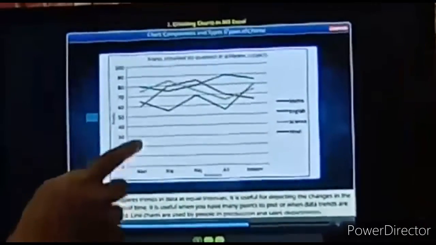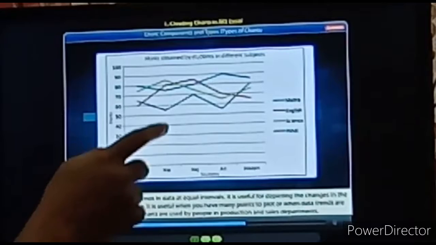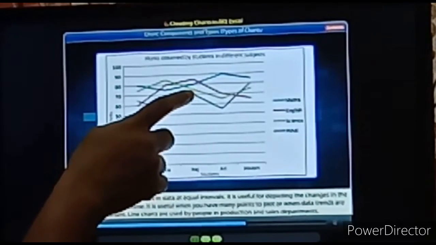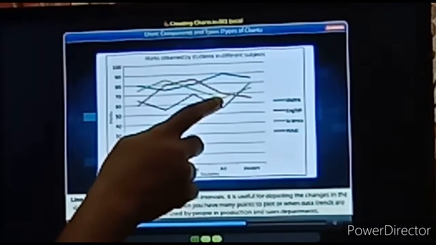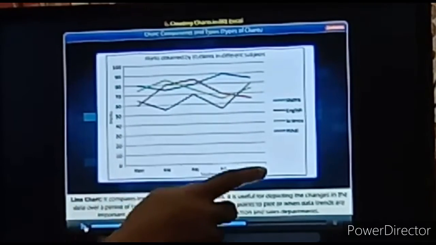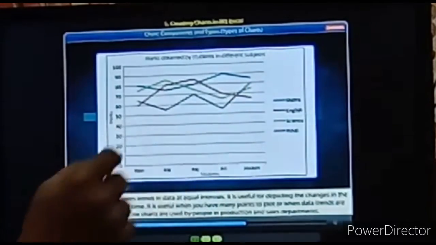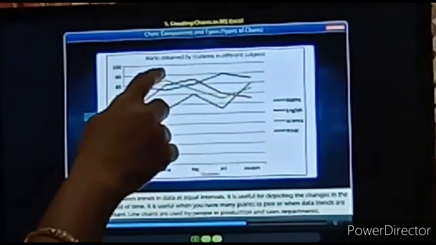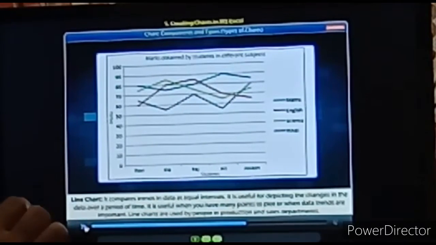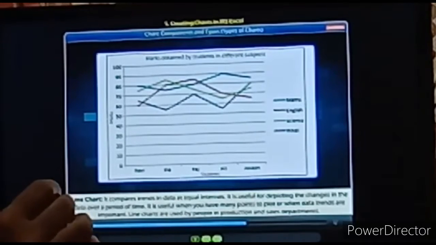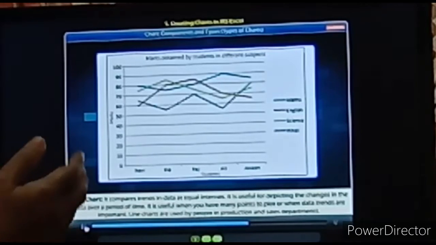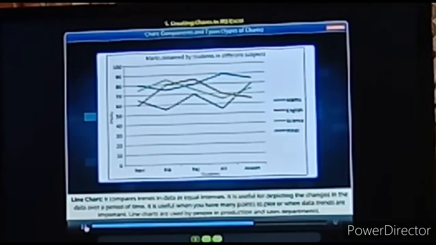In science, Ravi has got 75, Riya has got 85, Raj has got almost 72, Ali has got 67 or so, and Joseph has got 75. They joined those dotted points and made a line. This is what is called a line chart. Line charts are mostly used by people in the production or sales departments. For them, this line chart is most useful.